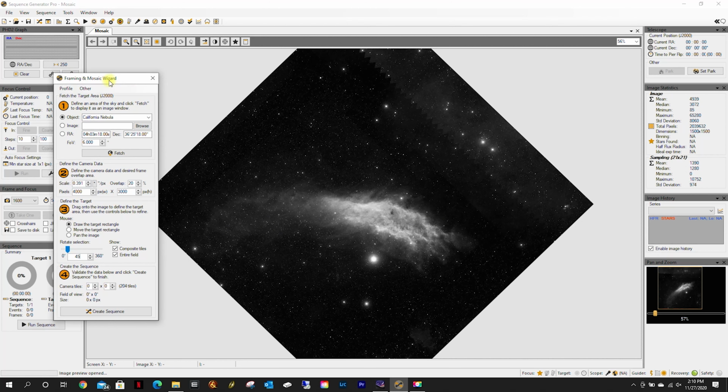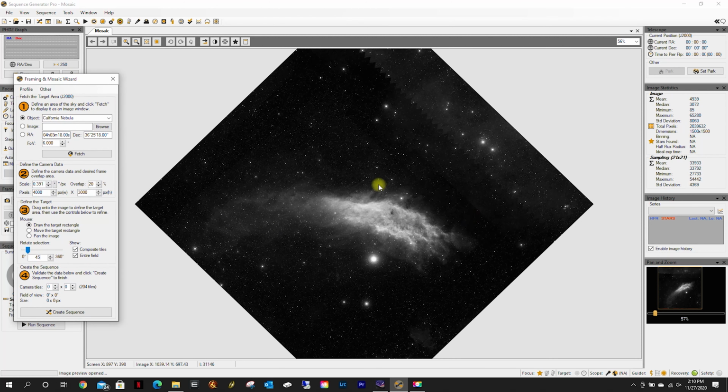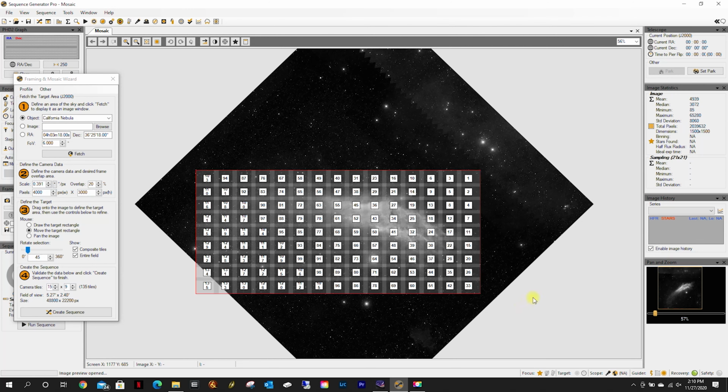So we can drag our box across it. And the top is right about in here. And there's the leftmost edge, so we'll start about right here. And we'll drag it down to about there. And that yields us